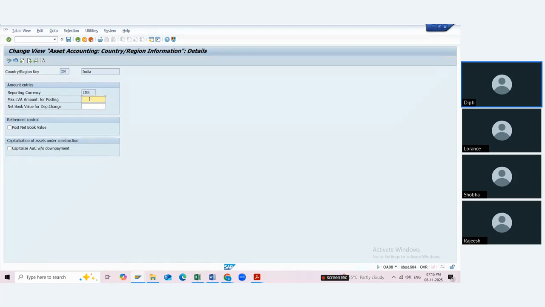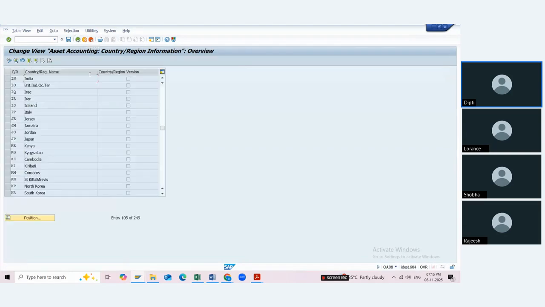If you have a concept called low value assets, some assets have a very low value that needs to be considered. So the maximum low value asset that you want to consider for this setup, you can mention that amount here. Okay, so it depends on whether you have such a scenario or not. So this is the first step, nothing you have to do.